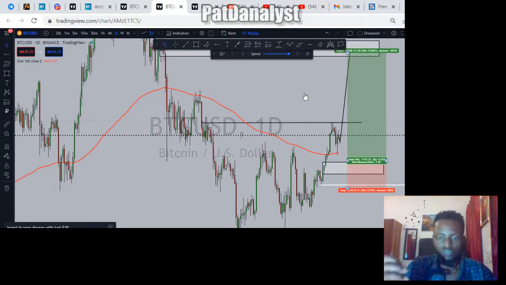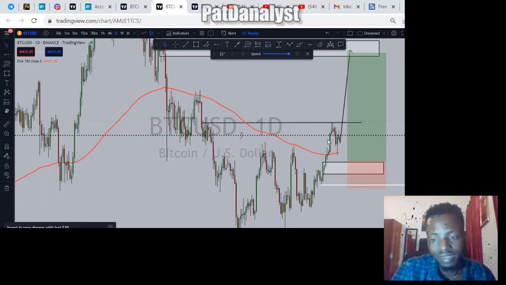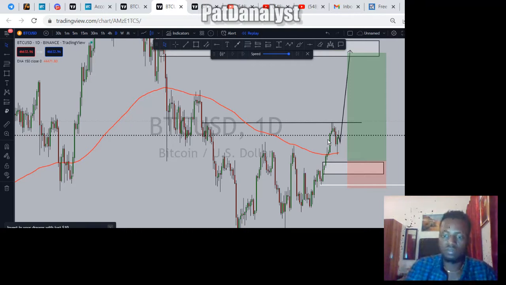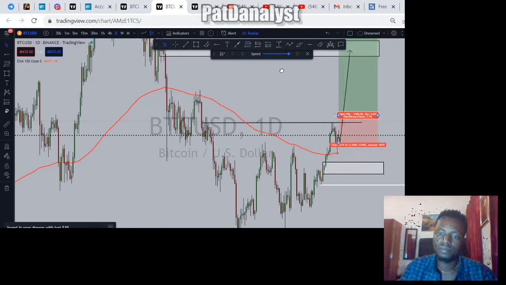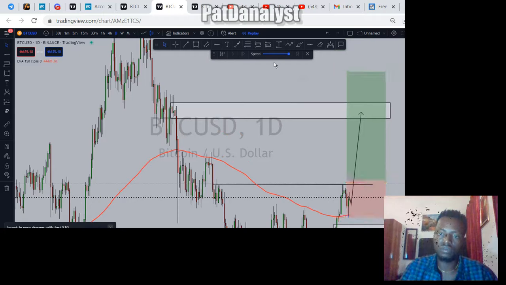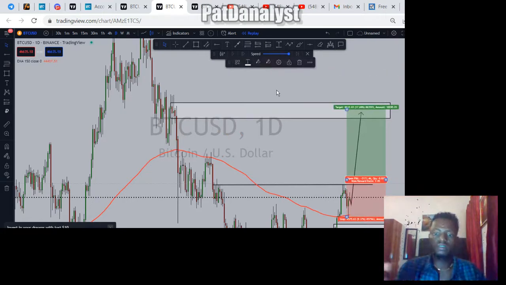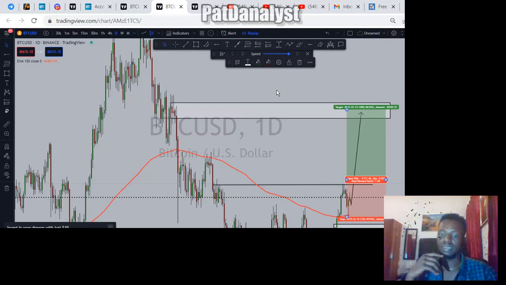So that is worth trading. So a buy limit at 43,520 is okay, with stop loss at 40,533, or a buy stop at $49,000, like I said, and a stop loss at $44,000 is also okay. But this trade is not going to be worth it because it's going to be 1:1.89,